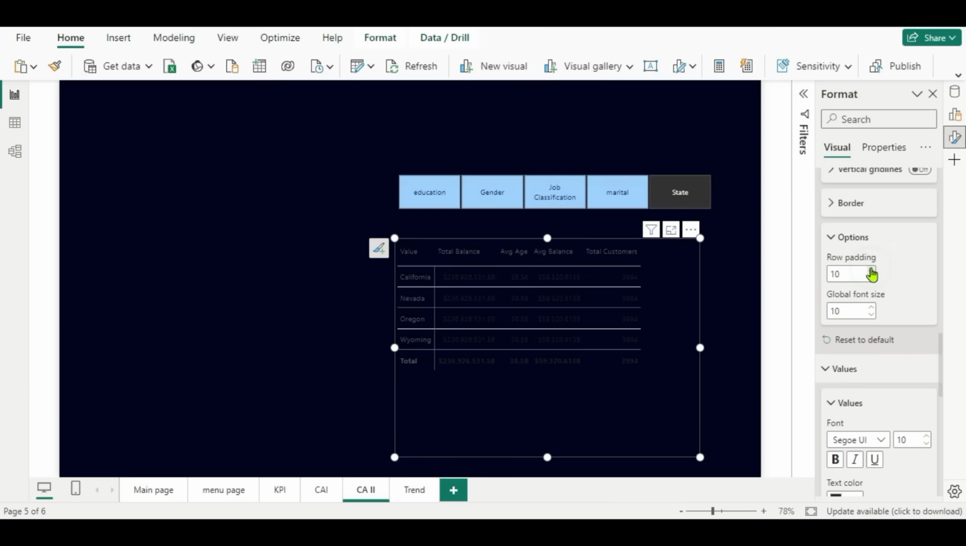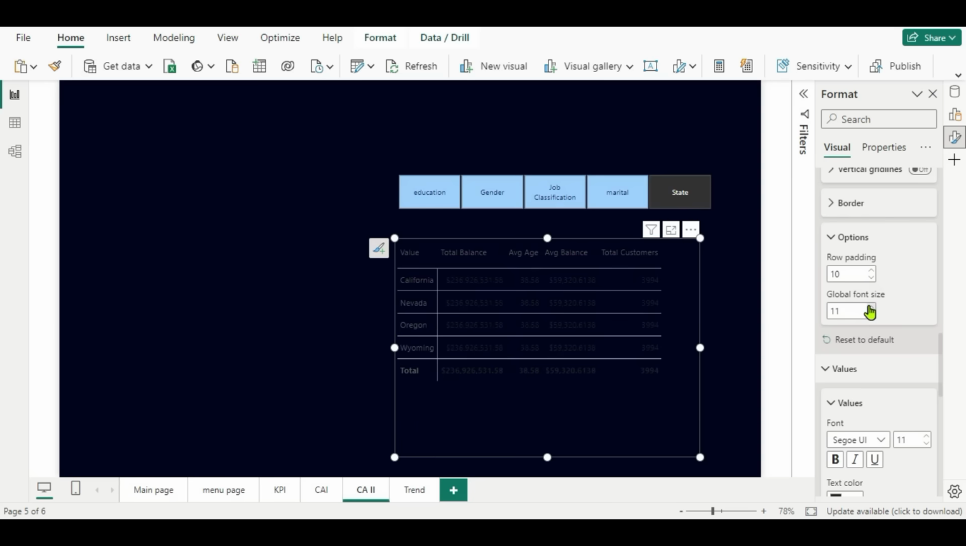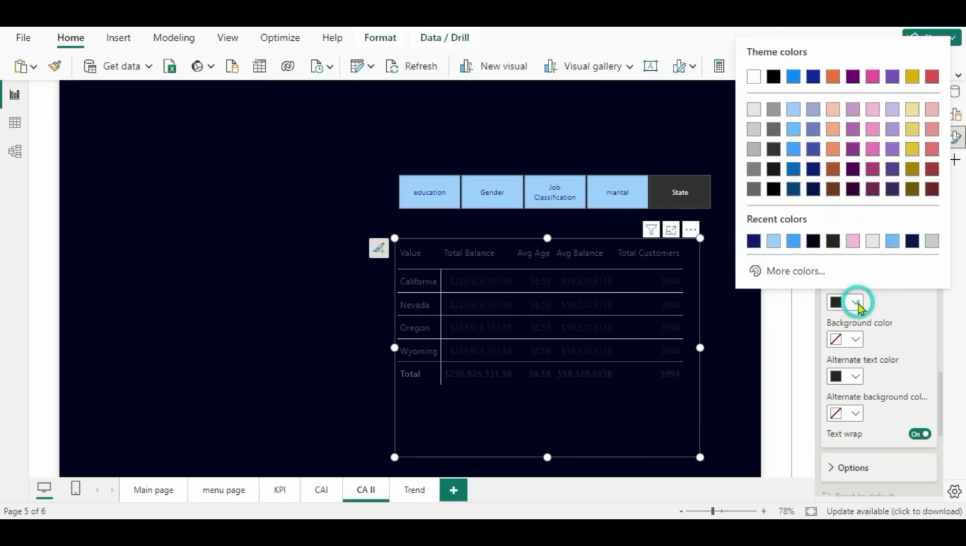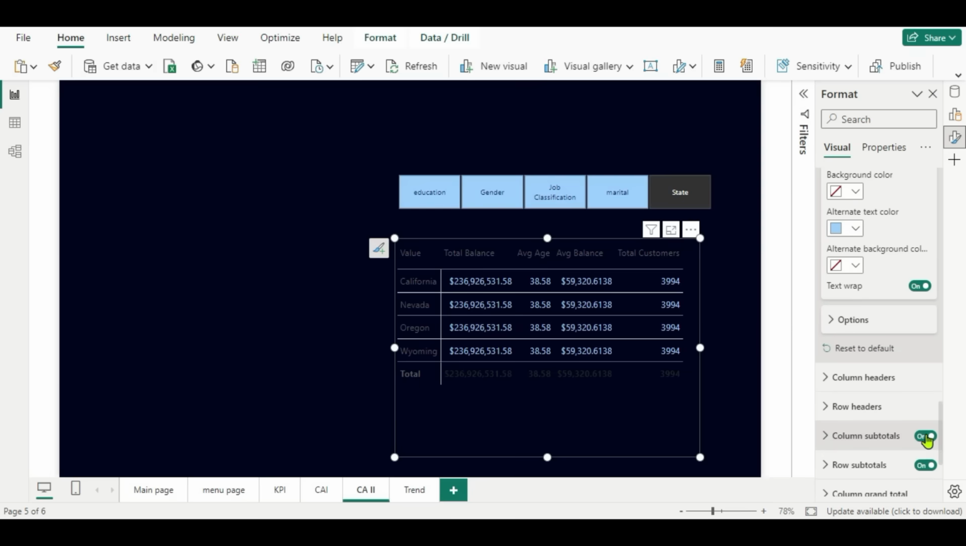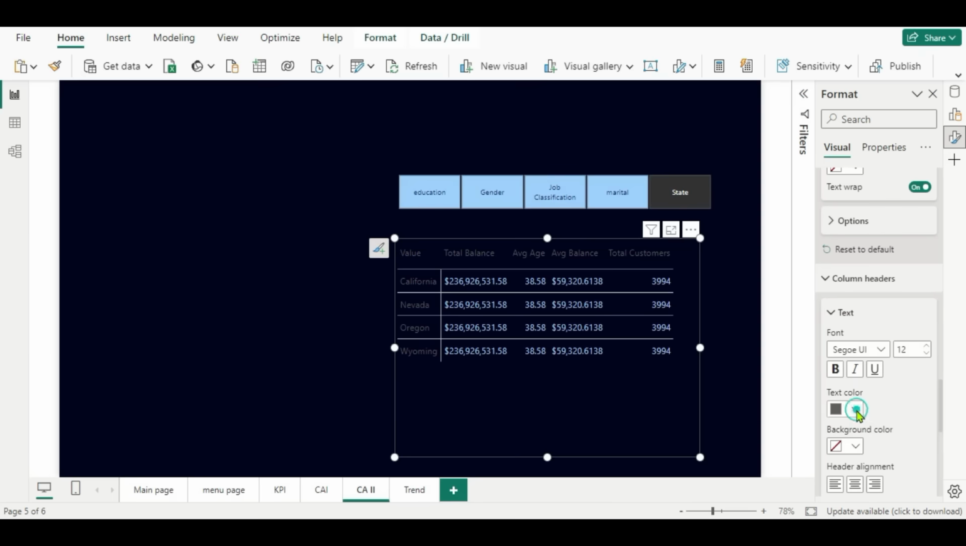We'll keep it 10. And font size we can make it 12. Okay, and here we'll change the text color to blue. Okay, and alternate text color to blue. And we don't want a total, column total, row total, we don't want it. Okay, then row headers, column headers we are going to keep orange,